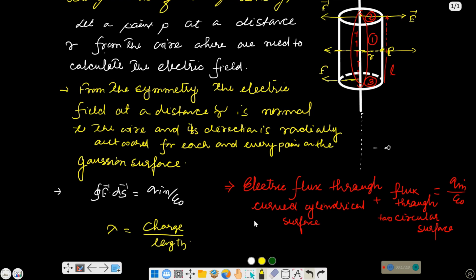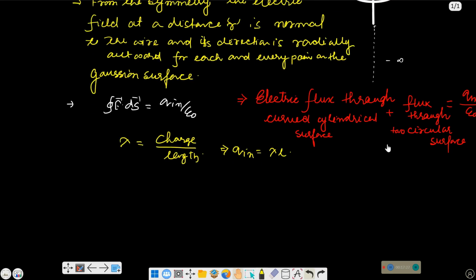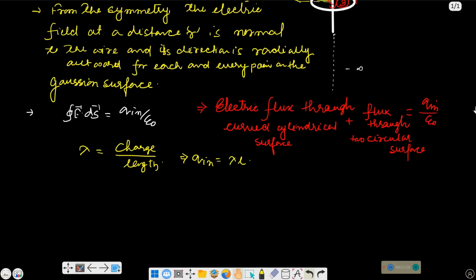So that's why the charge enclosed by this Gaussian surface, only in this much length, q in, can be written as lambda into L. Okay, so putting it in Gauss law, the electric flux through the curved surface is what? E dot ds. Since the electric field is E on every point of the cylindrical surface, E dot ds,